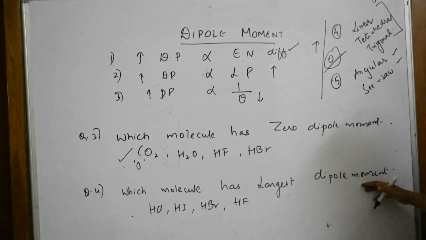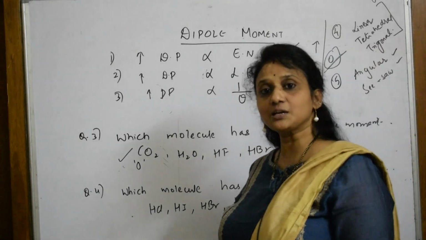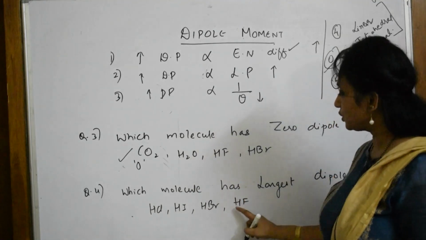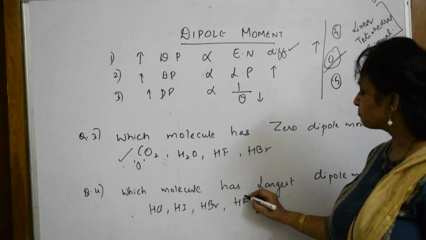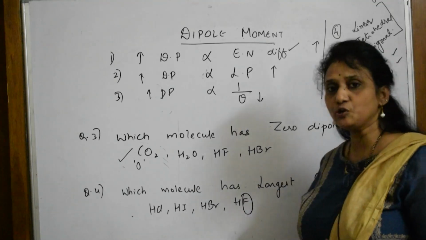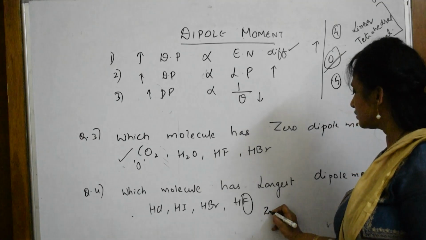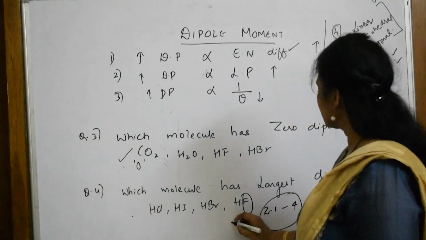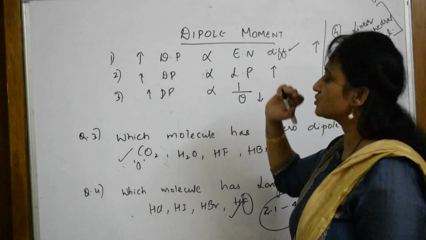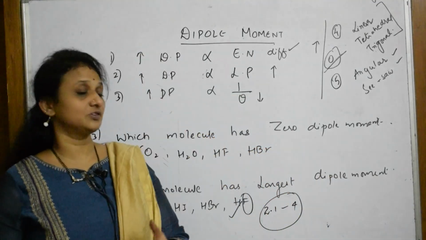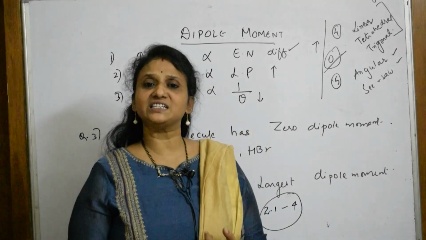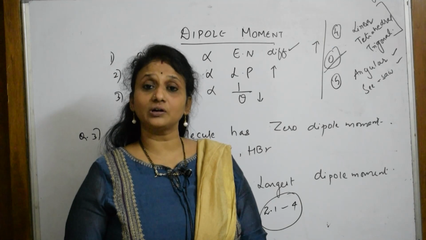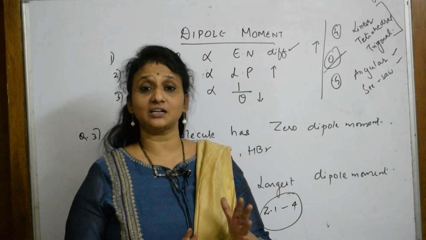Let us come and see here. Which molecule has the largest dipole? Again the same thing. When they say largest dipole, your concept should directly go to the electronegativity difference. Compared to chlorine, iodine and bromine, the electronegativity value of fluorine is high. So the difference would be here 2.1 and 4. So the difference is maximum. That is why HF has the largest dipole moment based on this concept. So these are the different concepts, students. I have covered concepts on stability, polarizing power, bond length, bond angle, bond order, covalent character, ionic character, dipole moment,